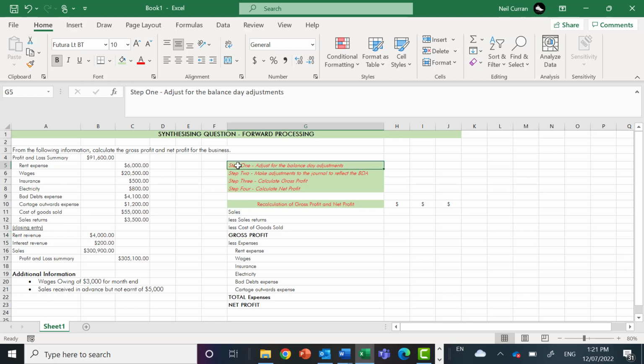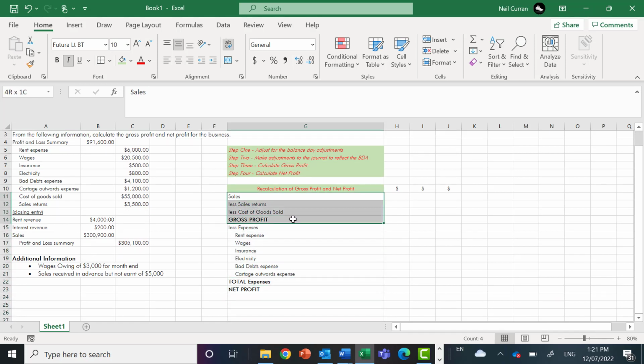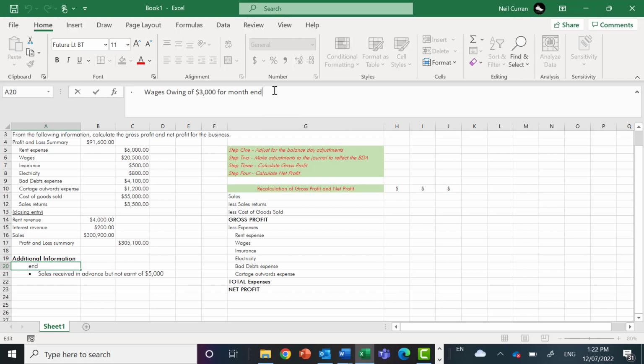The first step here is to adjust for the balance day adjustments. So those 2 additional informations here, you're going to have to work out whether they are a prepaid expense, an accrued revenue, or an unearned revenue. Then you can manually make the adjustments in the journal to reflect the balance day adjustments. From there, you're going to have to recreate and calculate the gross profit. So I've got an extract here on how to actually complete and calculate gross profit and also net profit as well. So the first thing, as I said here, is you're going to have to determine what type of balance